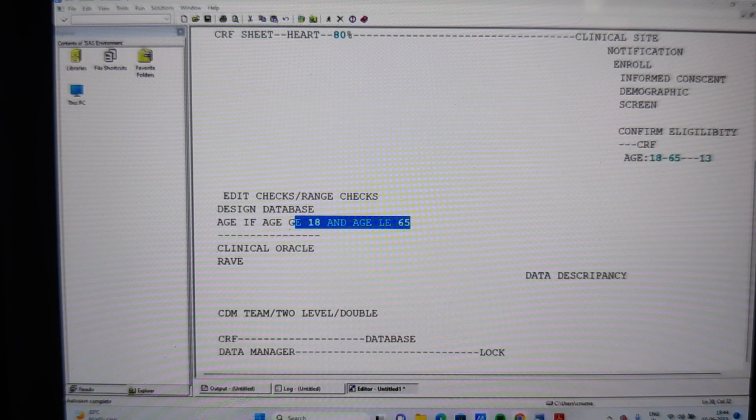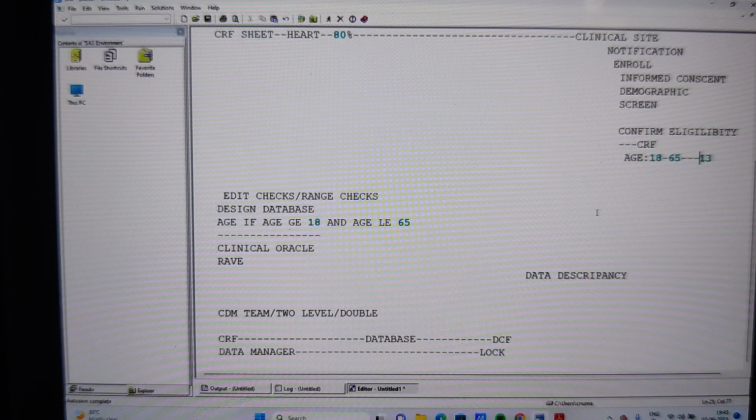So any data value which is unable to pass the edit check is called a data discrepancy. Now, whenever we have a data discrepancy, what will the CDM people do? The CDM people are going to fill an application form called a DCF, data clarification form, and send it to the clinical side. The people on the clinical side who are responsible for that information are going to cross-check it, enter the right data, and tell the reason. That value is going to come back, and now the CDM people will enter the data again. This is called the resolution of the data discrepancy.